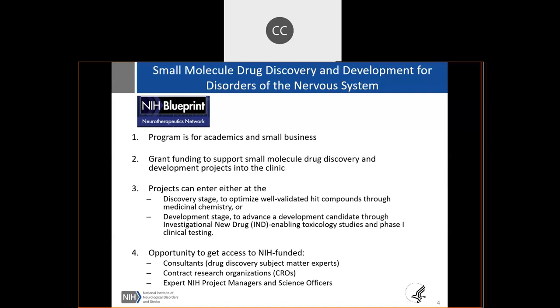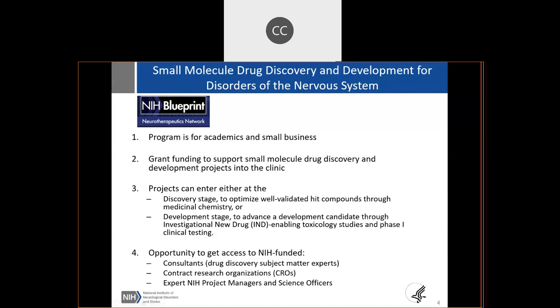All right, and so the ability to provide these funds and this customized program for you is what really makes this unique at NIH. And the entry point along the spectrum is fine, but obviously the risk associated with the projects, we should be de-risking as we're going along. So if you're coming in at the development stage, saying I'm a development candidate, the expectations for the milestones you've already met will be higher. And I'll talk about milestones later in the presentation.